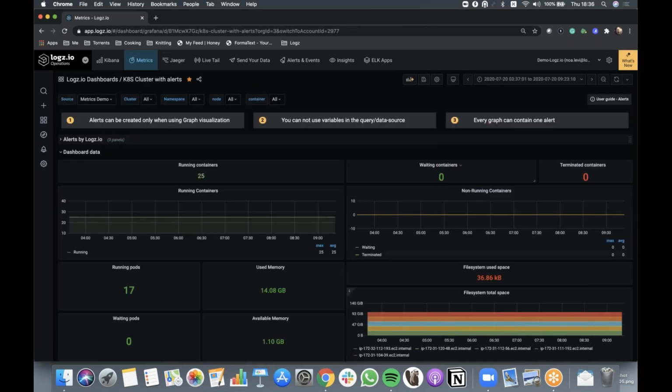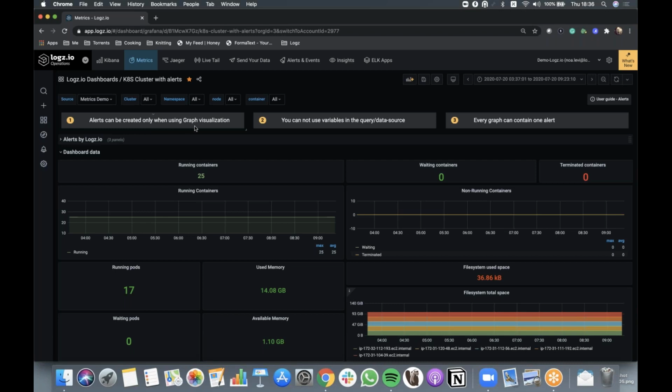At the upper part, I implemented 3 rules that we're going to go over. These are basic rules that you all need to get to know in order to understand how to get started with the Grafana alerts. So the first one is that you can create alerts only while you're using graph type